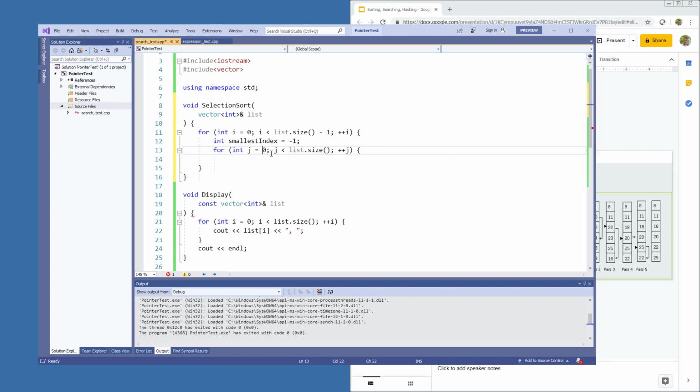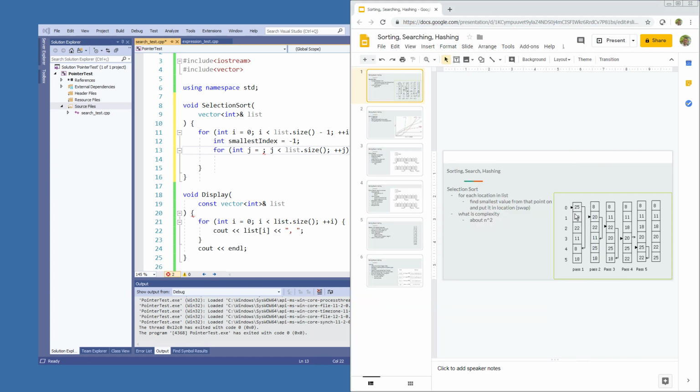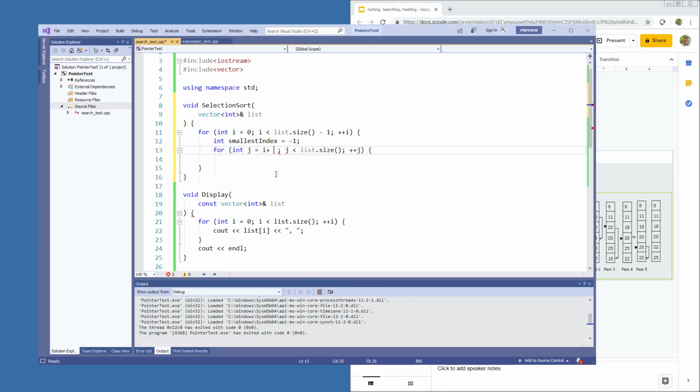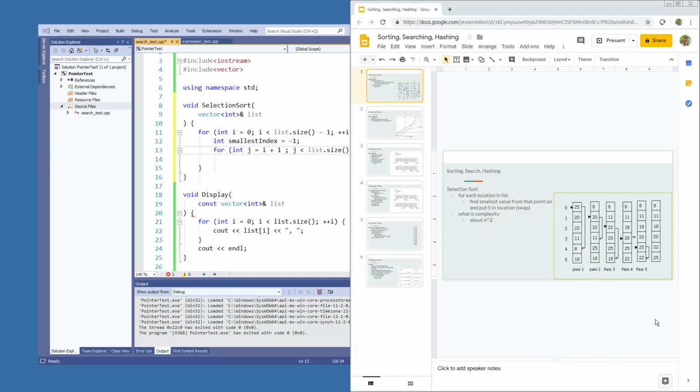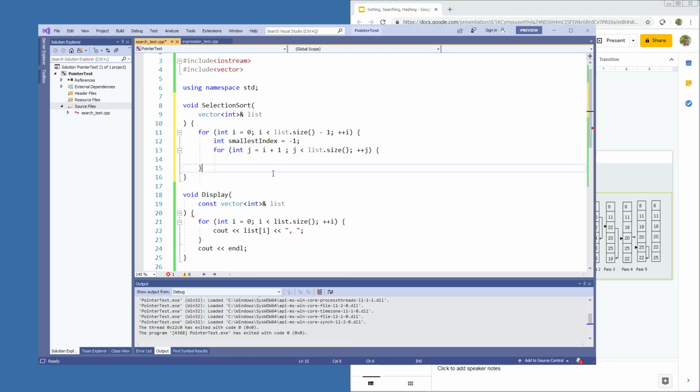And the j loop starts at one position beyond wherever i is. So if i is here, j starts here. If i is here, j starts here. So j always starts at i plus 1. And it does go all the way to the last thing in the list every time. It starts at i plus 1 and goes all the way to the last thing in the list. And at each step,